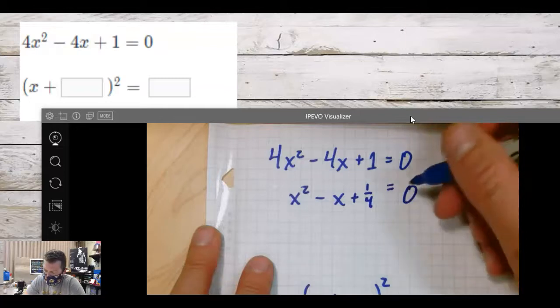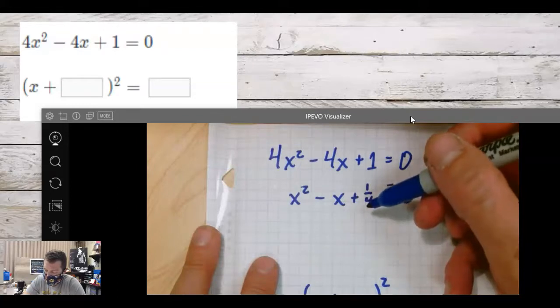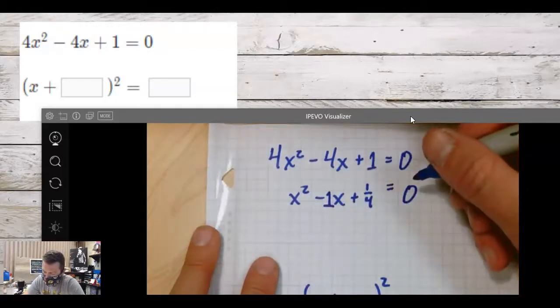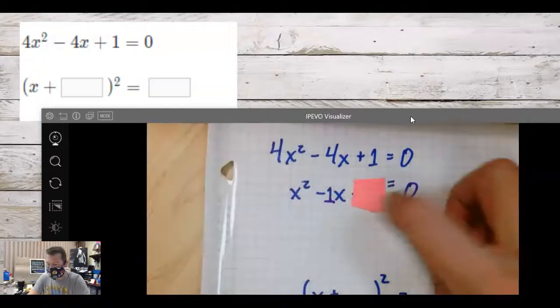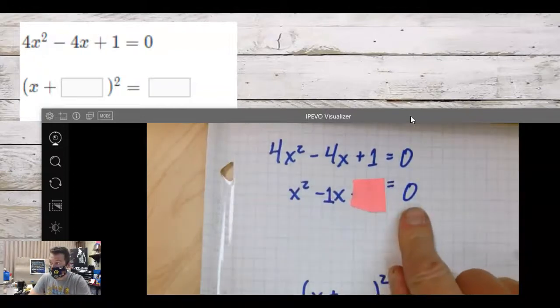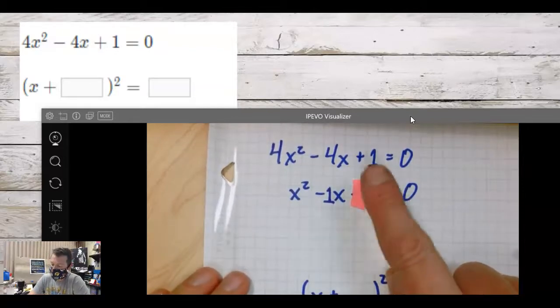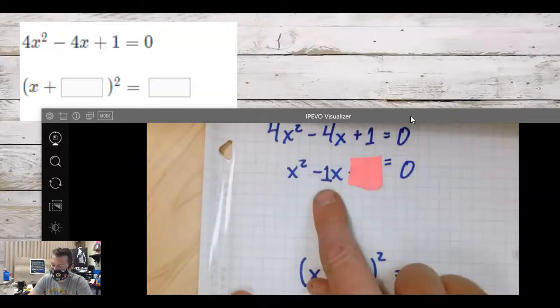So then we're still thinking if this was a perfect square, right? This is minus 1, really, if we want to fill it in. Remember that for a moment, we can ignore our constant. You can either just forget about it, or you could move it over to the other side. If I just forget about it for a moment, what I'm going to ask myself is what should be here if this was a perfect square equation? Well, to get the b value,